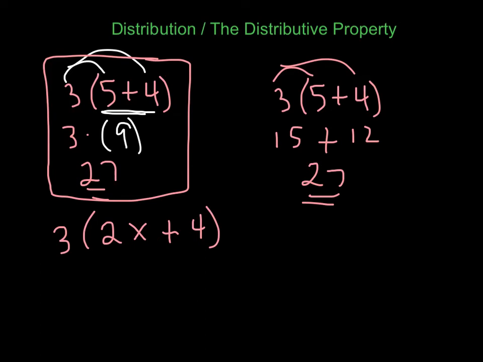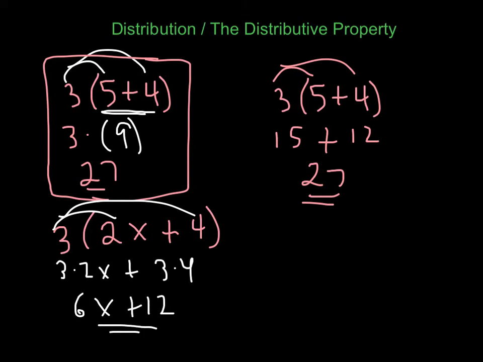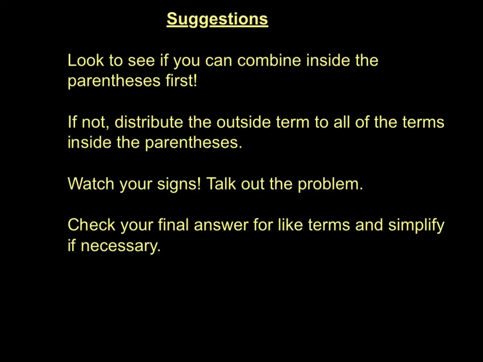the parentheses. Now in this next example right here, 2x plus 4, I look inside the parentheses, there's nothing I can do there. So now, yes, I am going to distribute. That's the only way I can deal with the parentheses. 3 times 2x plus 3 times 4 is 6x plus 12. That's that. Next example. Actually, before we get going too far, let's press pause now and copy everything on this